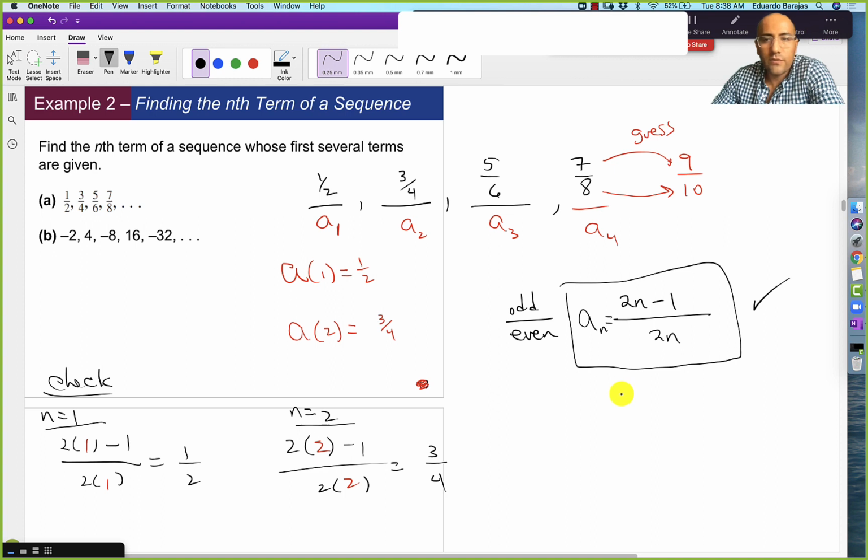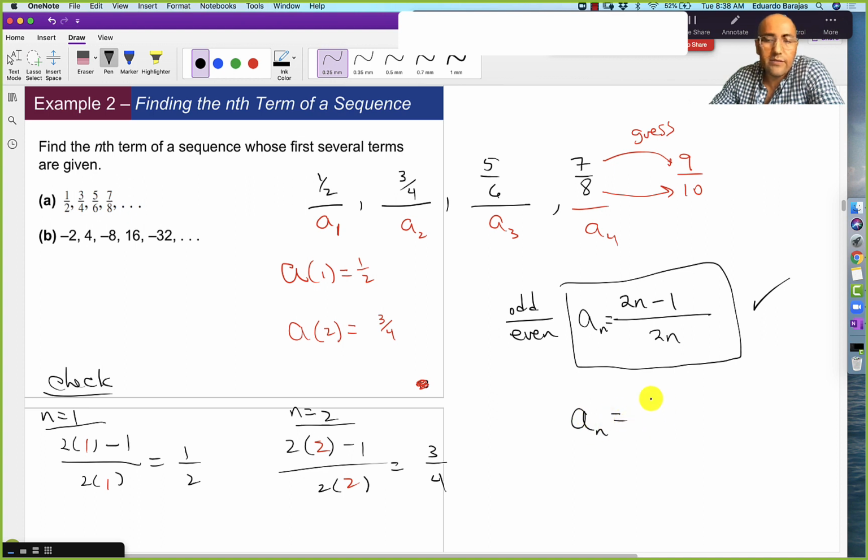Any questions? No? So when you see fractions, very often it works to try and break it up, to figure out a pattern for the numerator, a pattern for the denominator, and then write down that fraction. Now if you want, once you have that pattern, then you can also just manipulate that algebraically and